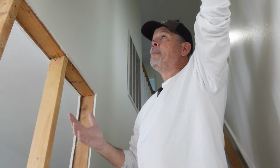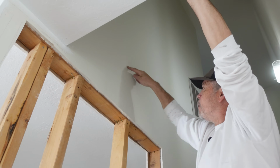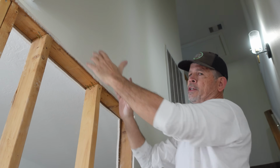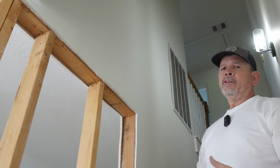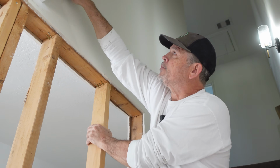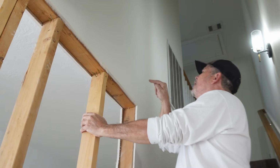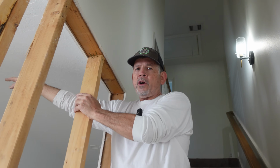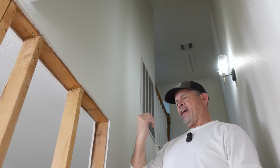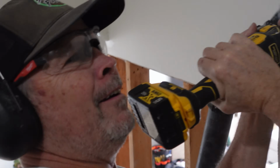But I need to know what I'm up against. So we're actually gonna cut out this drywall right here. And what I expect to see is the ends of all these joists. Remember, they didn't put rim bands, band joists, anything like that in this house. So hopefully when I cut this drywall out, I'm gonna see the ends of those. I'll probably be able to look all the way to the far side of the house. So let's cut this out, then I can make my list of lumber that I need to frame this wall. Oh, maybe